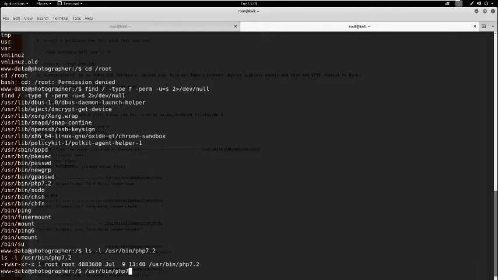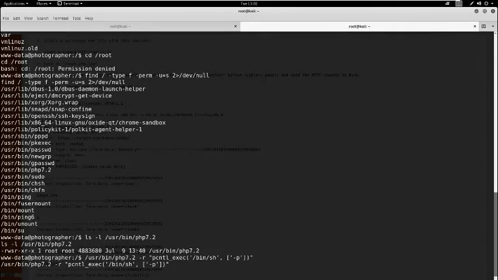Now php7.2 -r, pcntl_exec. This is the PHP function where we are calling our shell, and this is the syntax, with the -p option to bypass, so this user can run this command as the root user. So definitely we'll get something.